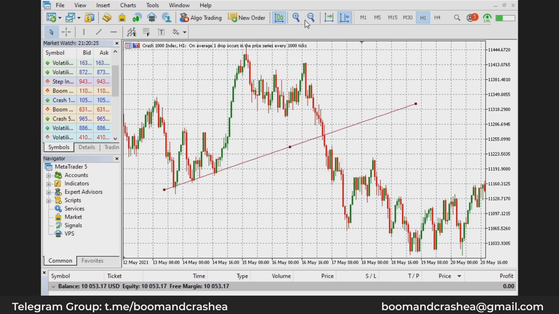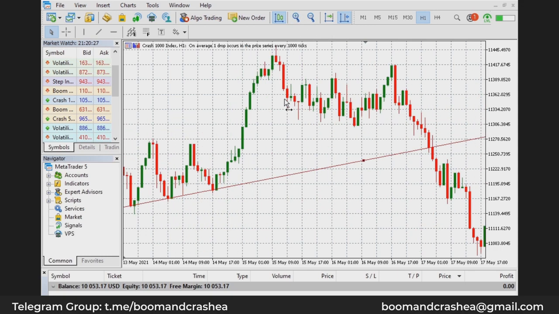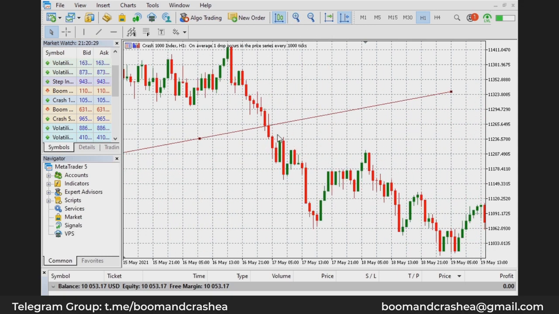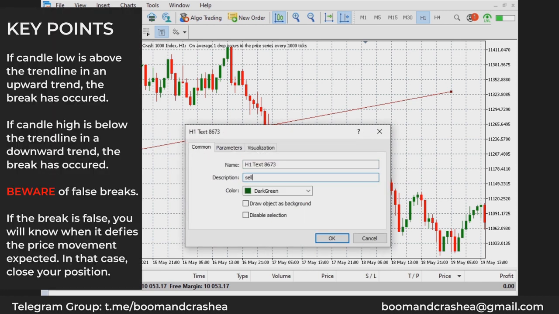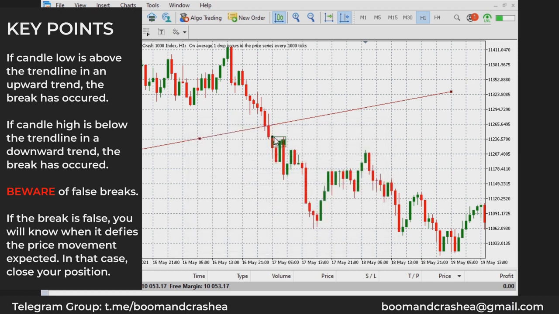Now what do I do? I have to zoom in and wait for when the candle high is below the trend line. So I come here and I label this part as what? Sell. Why? Because the candle high,